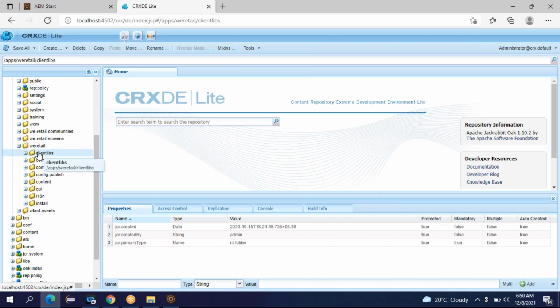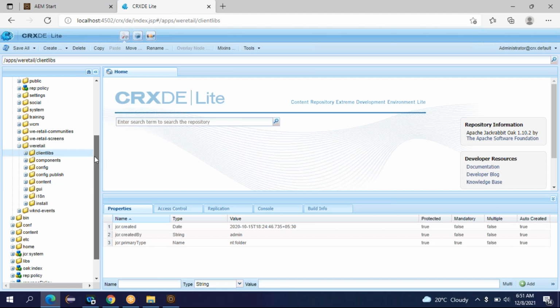And if you want to create static templates, I told you what templates are, right? Templates are markups or layouts to create your pages. Okay, there are two types of templates: static template and editable template. If you want to create any static template, it needs to be created in apps. Under apps, your project specific folder, then create one more folder called templates, and under that you can create all the static templates there.